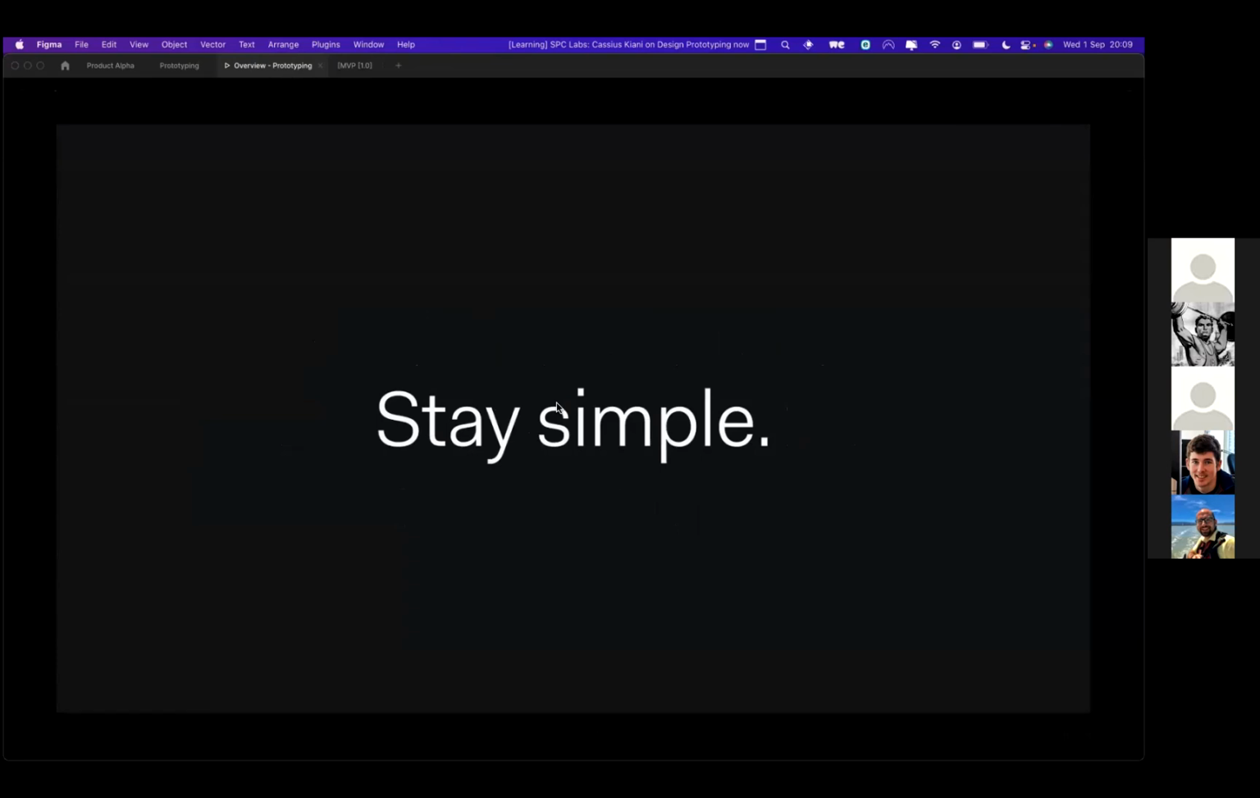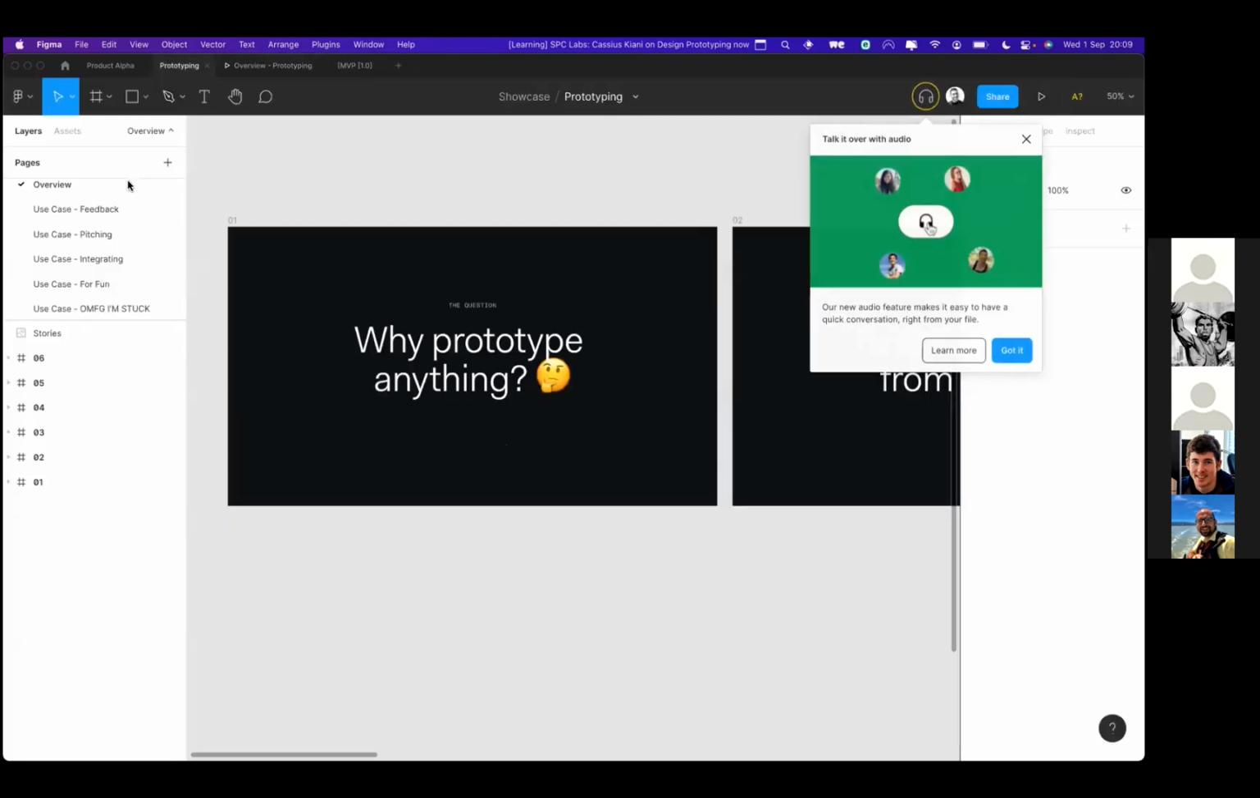But the key here is to try and keep it as simple as possible. It's very easy to create a mess of a prototype that has to do a load of things. But typically, if you have one goal for each prototype that you create, life gets a bit more simple for you. And to give you some examples in terms of use cases, on the